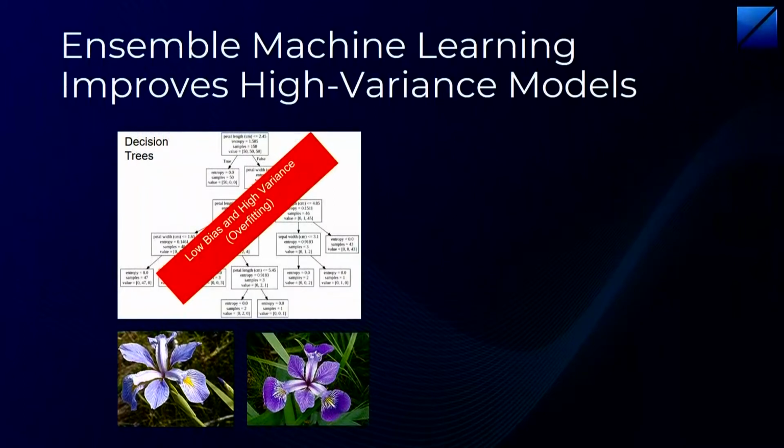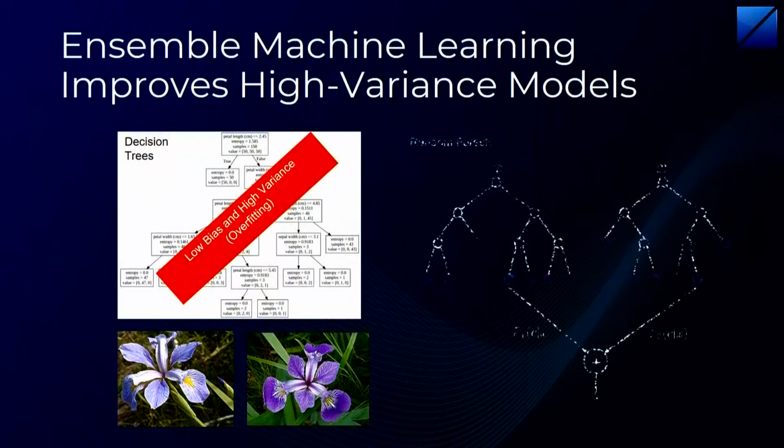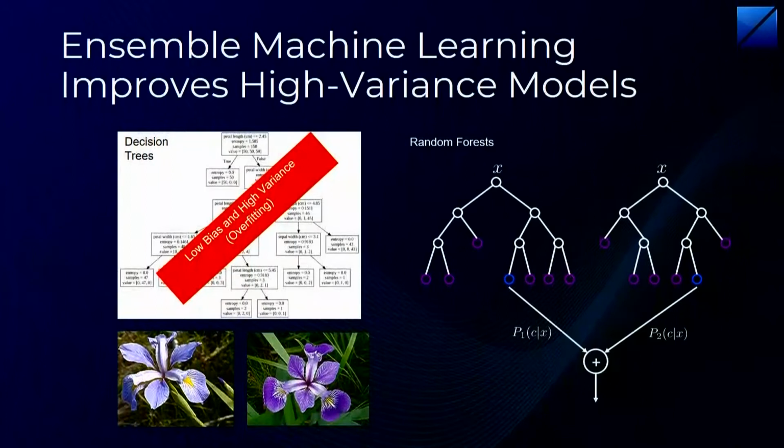If we take a very popular machine learning technique, a decision tree, which basically splits the data set up using a very simple set of criteria, it is very, very prone to overfitting. However, if we aggregate the results from many, many instances of these prediction algorithms, you actually find that you get a much better algorithm. All of the noise, all of the fitting of the variance works out, and you end up with a very good result.